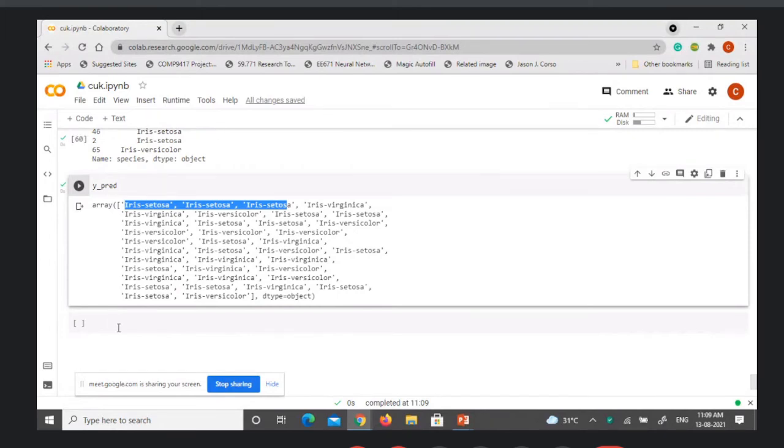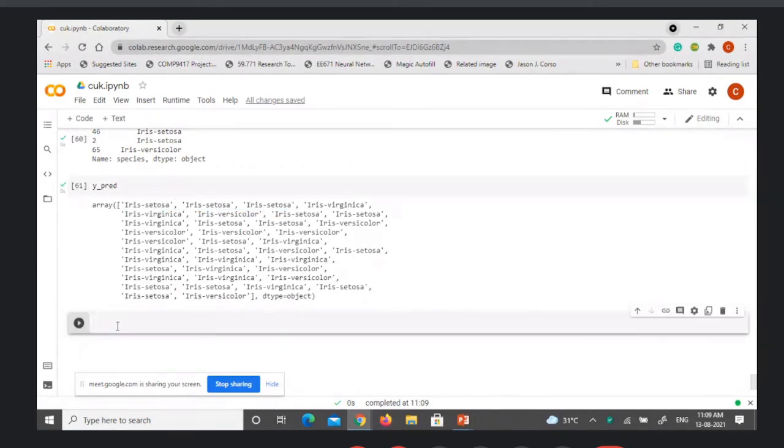The best metric generally used for classification is the confusion matrix, and from the confusion matrix you can deduce precision, recall and accuracy. For that we use scikit-learn.